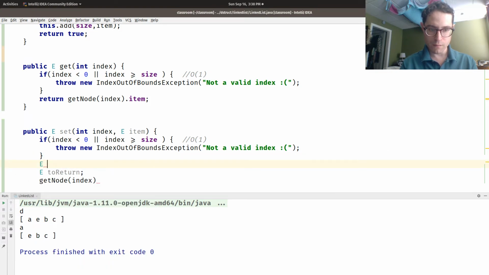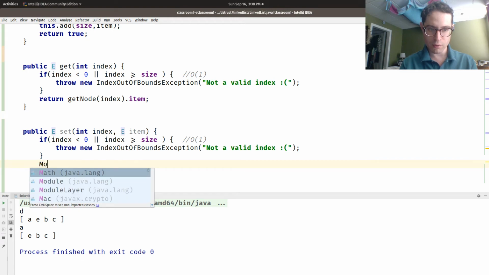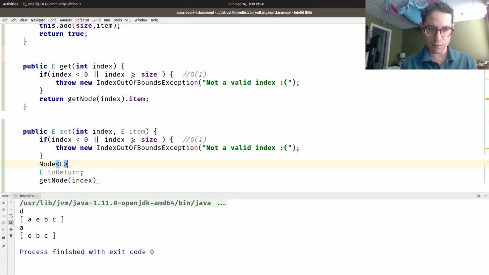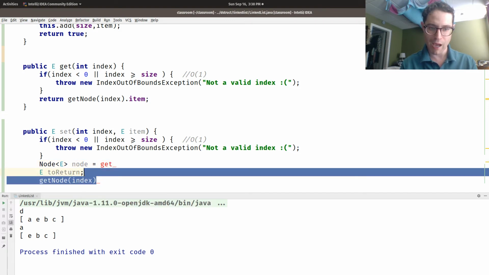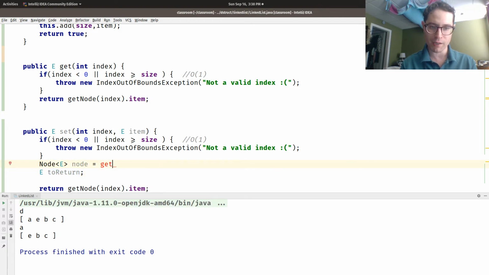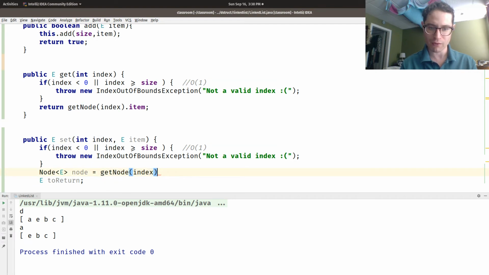Node<E> node. And because we're not doing any manipulation, I can just simply go directly to the node at the index, right? We only have to go to the node before because we're manipulating the pointers around in the add method or the remove method. So we go to the index at that location,